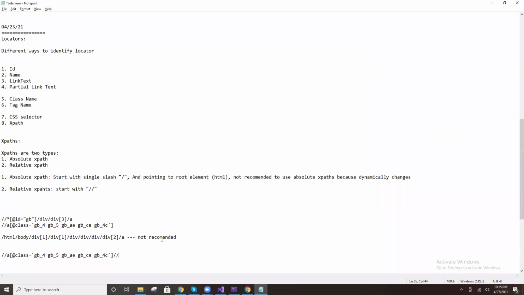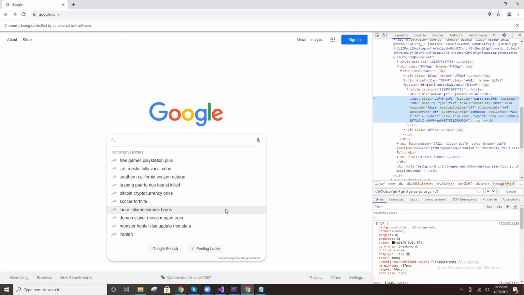Input. Then it will be third bracket, then add class equal input. Open another bracket and take any property, not a class, any property.